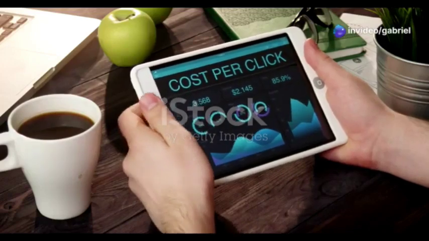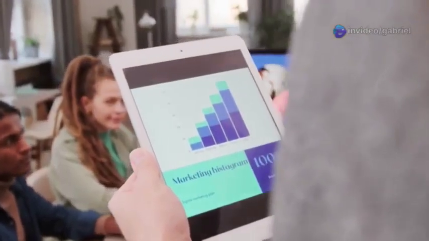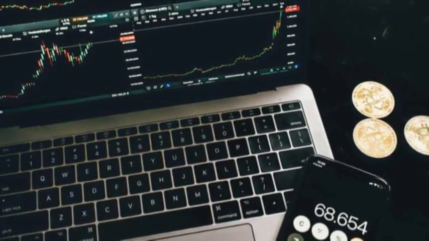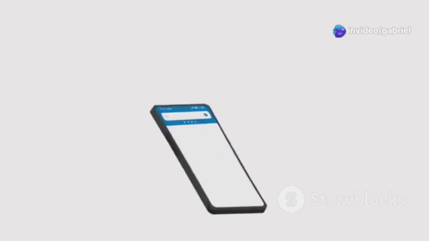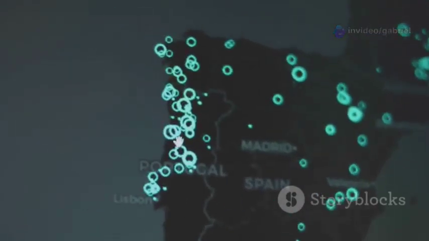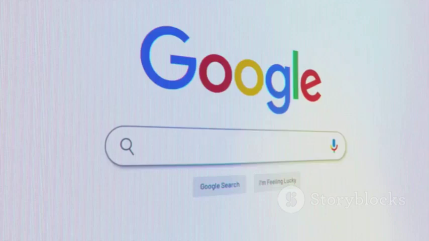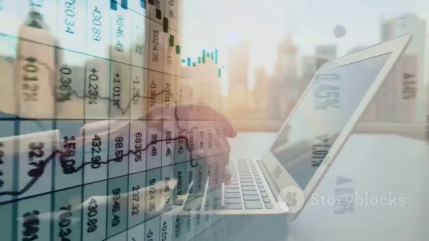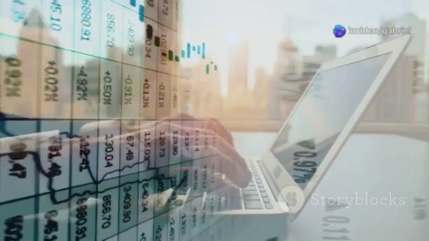First up, device bid adjustments. You see your ads performing better on mobile devices or desktops. Maybe you're noticing a trend where mobile users are more likely to convert. You can actually adjust your bids to show your ads more frequently to those high-converting mobile users. Next, we've got location bid adjustments. Are you seeing more sales coming from a particular city or state? You can increase your bids to target those areas specifically. On the flip side, if a certain location is just not converting, you can lower your bids or even exclude